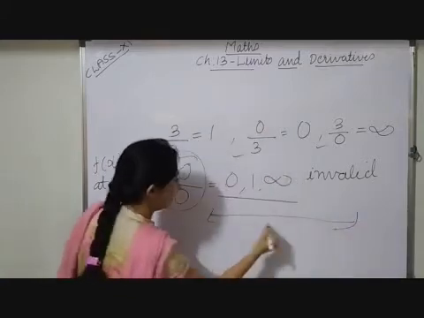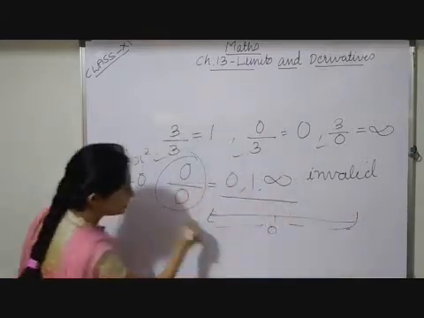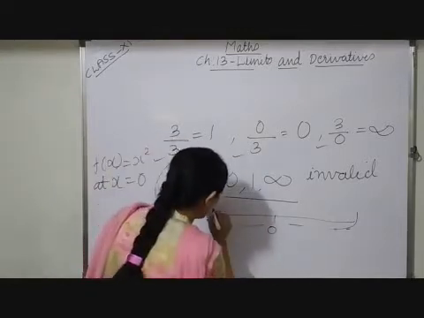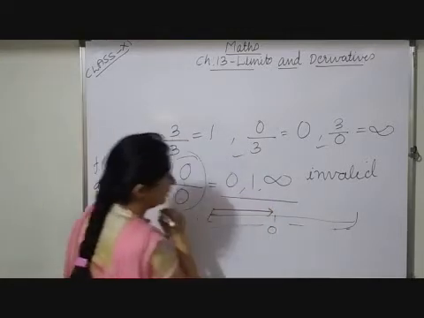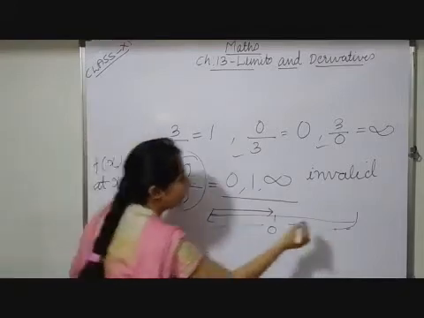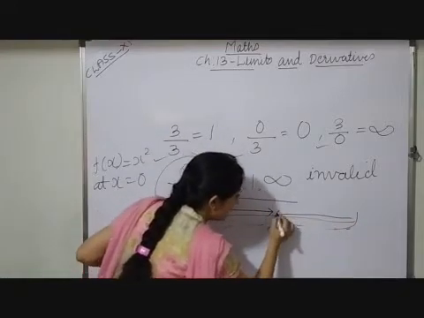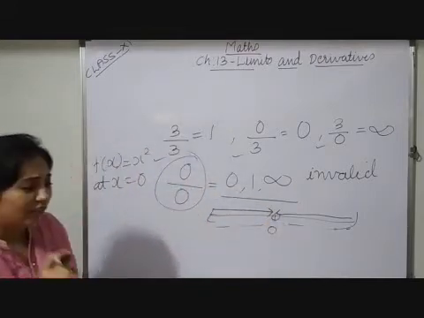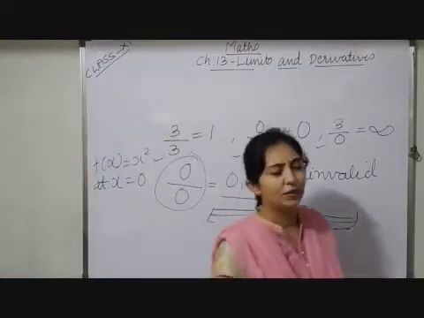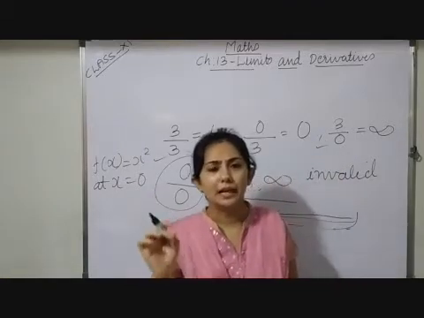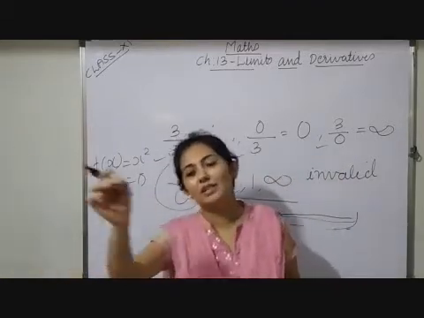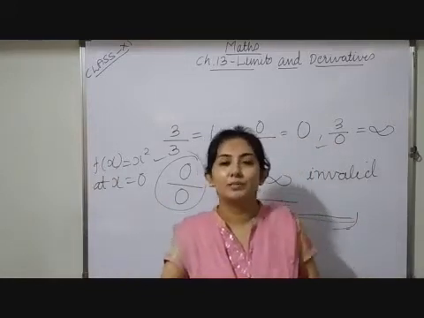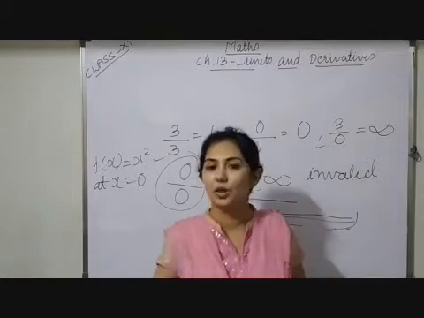Suppose this is your number line, here 0, all positive numbers, all negative numbers. So limit x tends to 0 means what? Towards both sides, it approaches 0. Towards the positive side also it approaches 0 but not exactly 0. And suppose we have a value like 4.99999, obviously we used to write it as 5. So limit approaches 0 means 0 only, but exactly it is not 0.